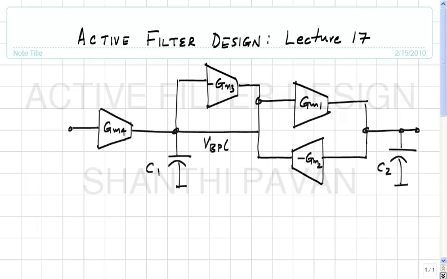This is the band pass node, and this is the low pass node, right. This is the input. Now,